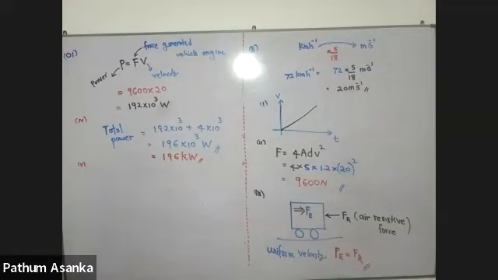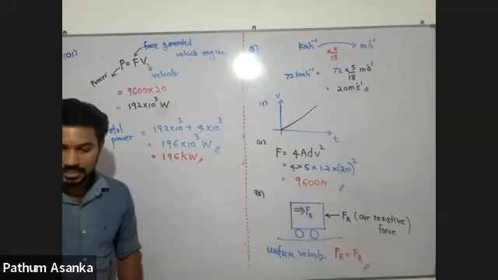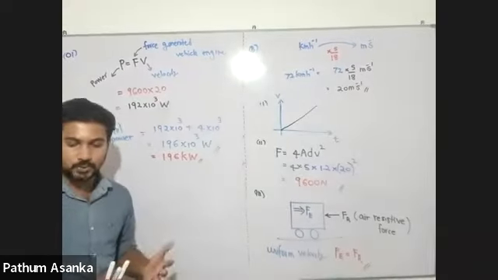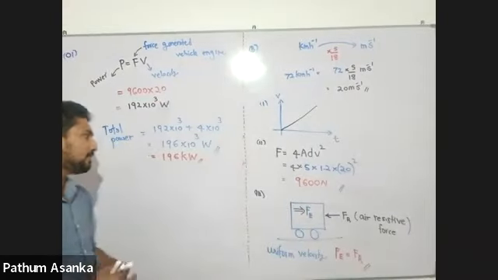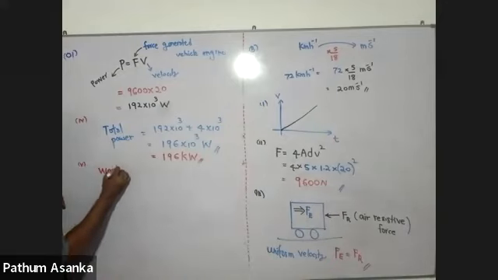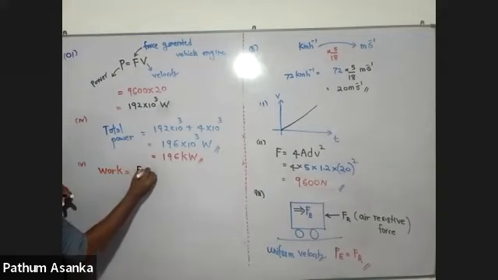Find the output work done against the air resistance FR when the car travels a distance of 100 kilometers at a constant speed of 72 along the horizontal road. Right. You have to know what is the equation for work done? Work means force into